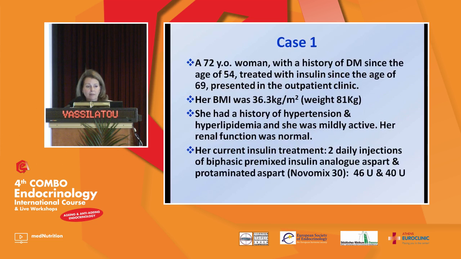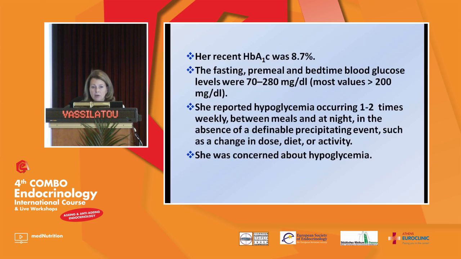So the first case is a 72-year-old woman with a history of diabetes mellitus since the age of 54, treated with insulin since the age of 69, who presented in the outpatient clinic, and she was obese. She had a history of hypertension and hyperlipidemia, and she was mildly active. Her renal function was normal. Her current insulin treatment was 2 daily injections of biphasic pre-mixed insulin analog aspart and protaminated aspart. Her recent HbA1c value was